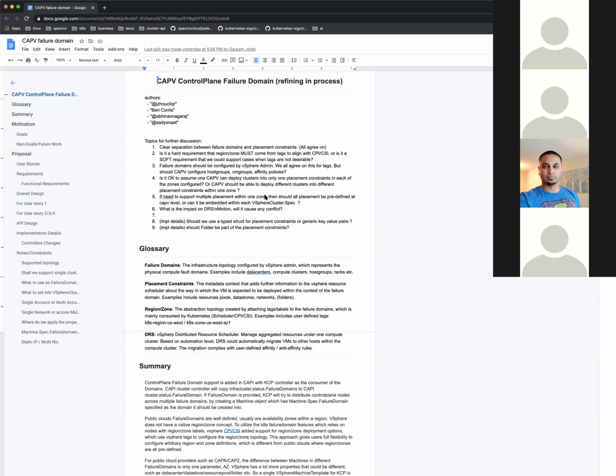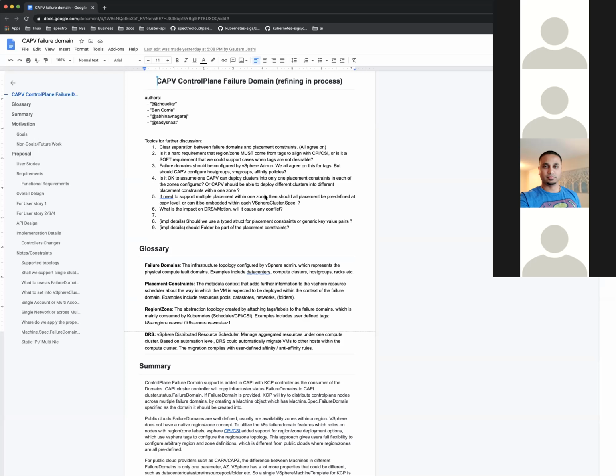But from a different perspective, right now the CAPV model is one CAPV instance could manage multiple different Kubernetes clusters. And it is possible that the different Kubernetes clusters might not be on one single cluster, but multiple different clusters.